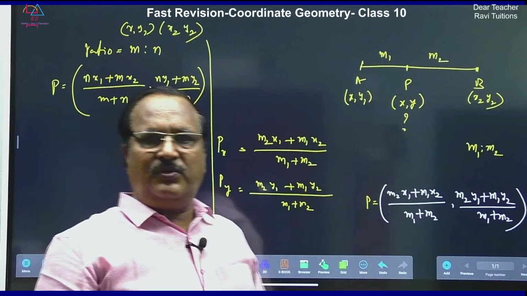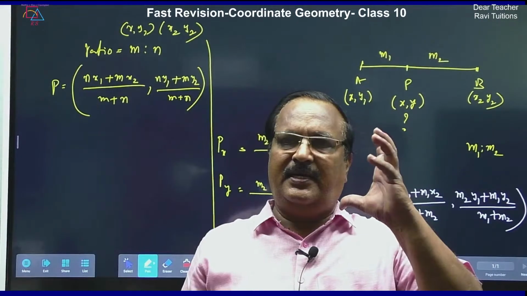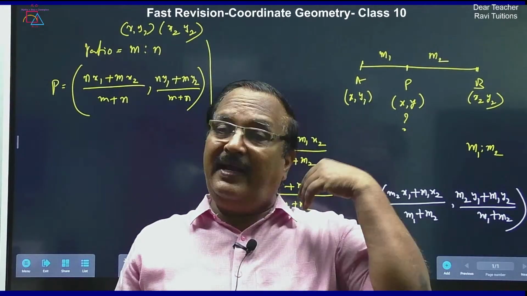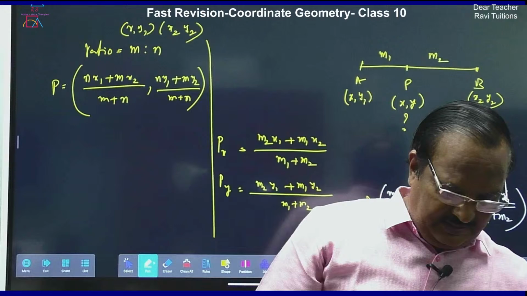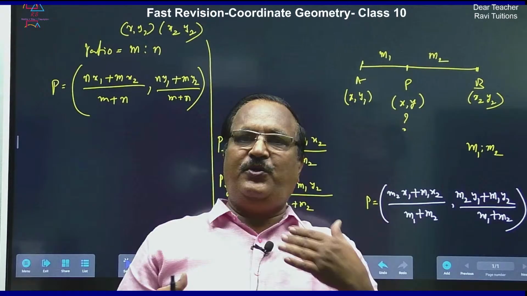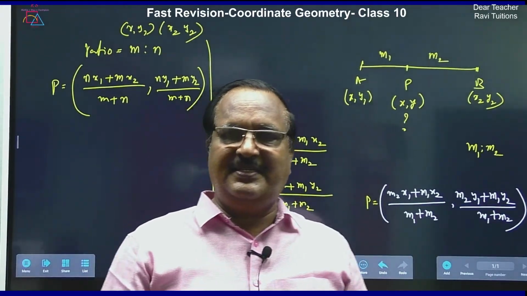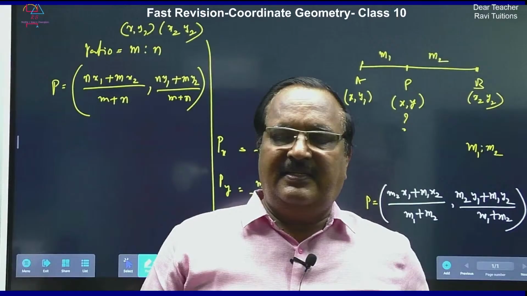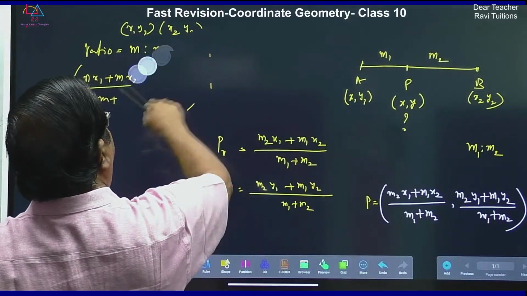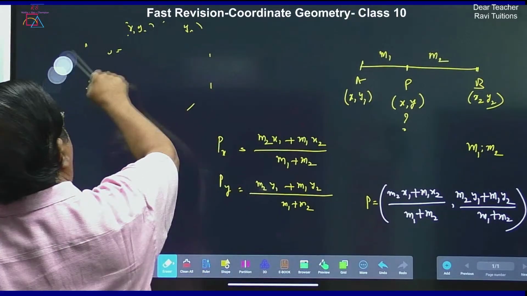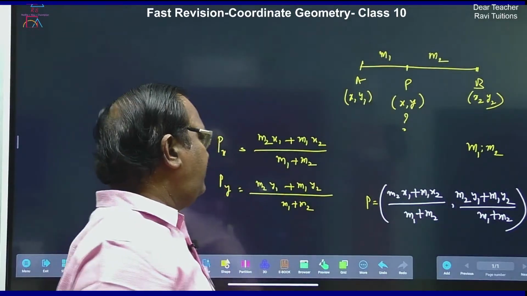You can remember it, because everybody's logic is different. Everybody remembers the formula in their own style. Logic cannot be copied, logic cannot be explained. My logic you won't get, your logic I won't get. So you should develop your own logic. So this is the formula, and I will rub it and keep it as it is. So this is the main formula. From this formula you are getting